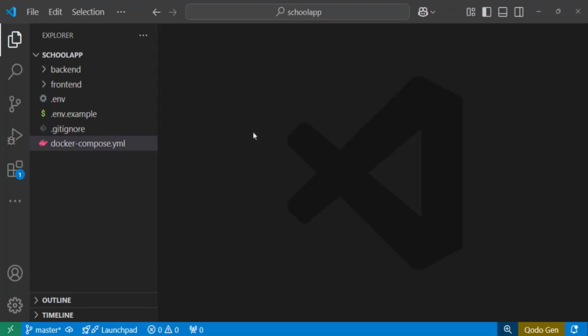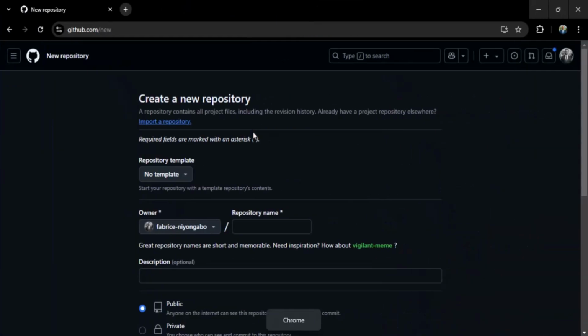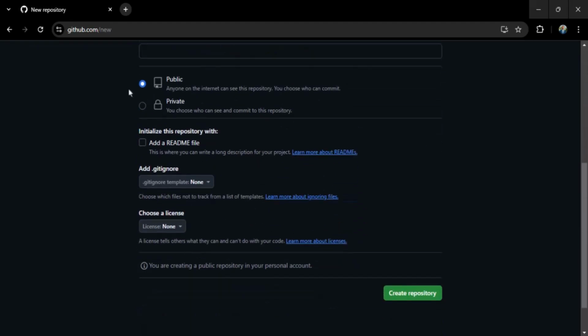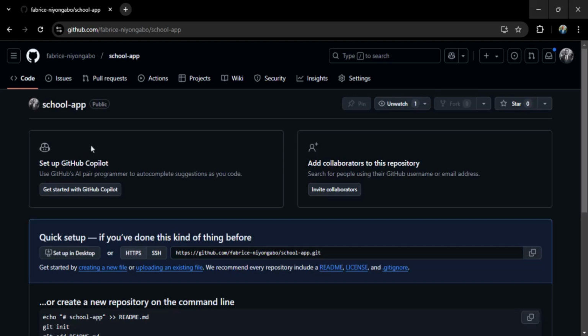So first of all, let me go to GitHub and create a repository where we are going to push all our code. So here I will specify the name. Let's call it school app, make it public and leave everything as it is and hit create repository. And our repository has been created, so let me go ahead and copy the URL and go back to VS Code,